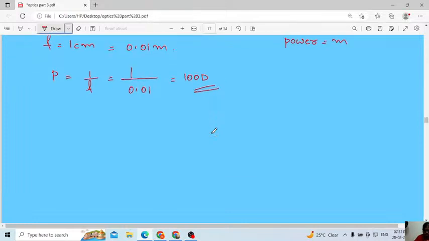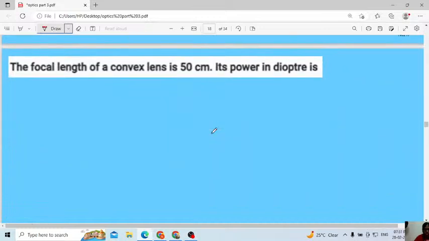Okay, shall I move? Next one. Solve one more problem. The focal length of a convex lens is 15 centimeter. Its power is,